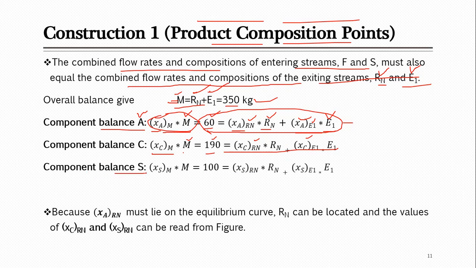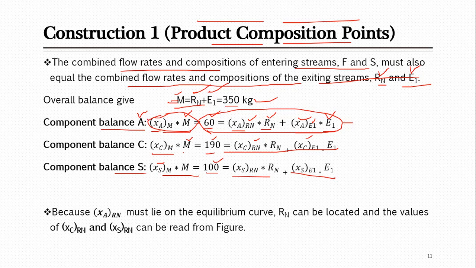Then there is the balance on S. S was coming from the main solvent side, and you have already calculated its mass fraction. If you just multiply it with the total amount of M, you will get its amount, which is actually 100, the same as what was coming into this system from the solvent. So it did not change; its amount was 100, so it will definitely remain 100 in the system. Now it will split into two parts, raffinate side and extract side, because this is the partially miscible system that we are discussing.